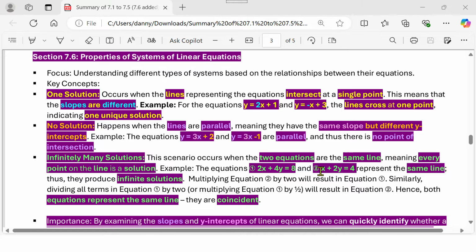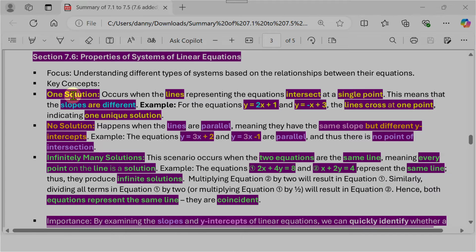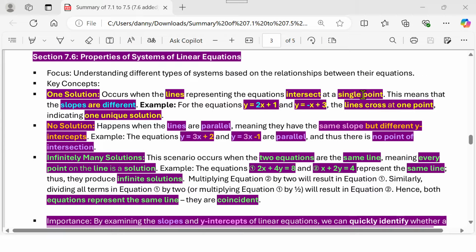A system of linear equations can have one solution, in which the lines intersect at a single point. So when you would basically take the linear system, you would put each equation into slope-intercept form and graph them, as we did in section 7.2, and if the lines intersect, i.e. cross, at a single point, well, that single point represents a single unique solution. So in which case that linear system would have one solution. And the way we can determine that is we don't actually have to graph it. We can put the equations both in slope-intercept form, and if the slopes are different,